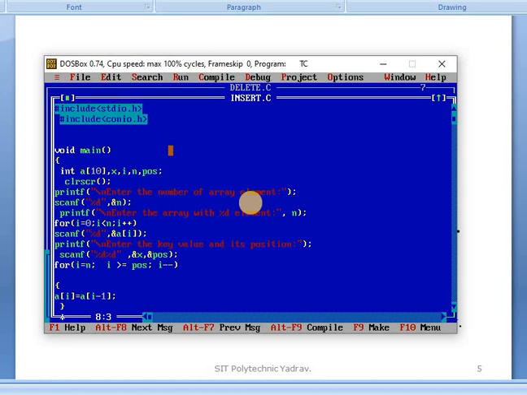Means what? We create the array, and at any position we insert the new element. How to insert that element is the aim of this program. Clear that? In this program, in an array, at any position, we insert a number, and these are displayed. That is our aim.